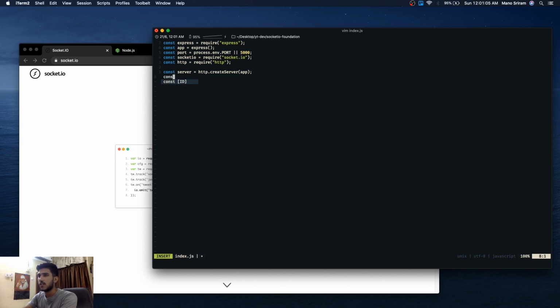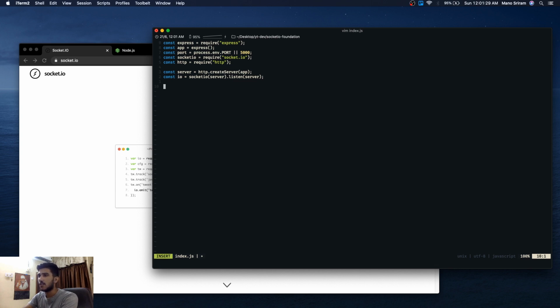So I will name it maybe IO. It should be equal to socket.io of the server variable, and we will listen to the server variable as well. So what we are doing is that any client hitting this server will be sent as an IO connection.